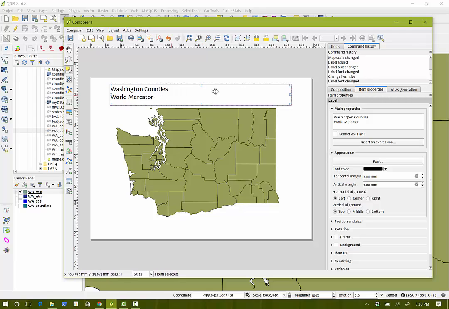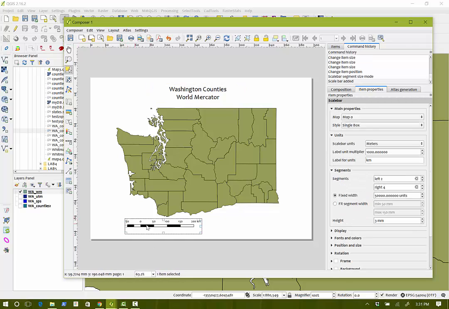Okay. And then I can choose to center that, and I can shrink my box down a little bit. And then I can actually drag my box and see there, that red line indicates the center of the page. So there's my title. I asked you to put a scale bar on there,